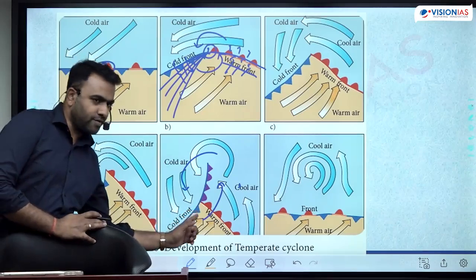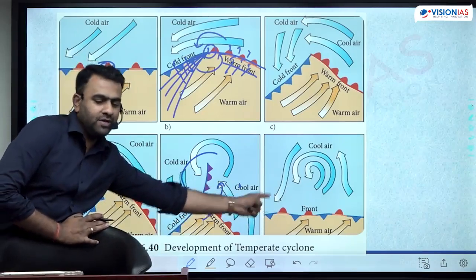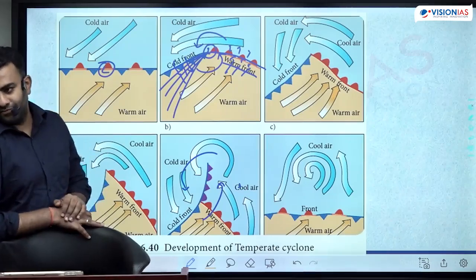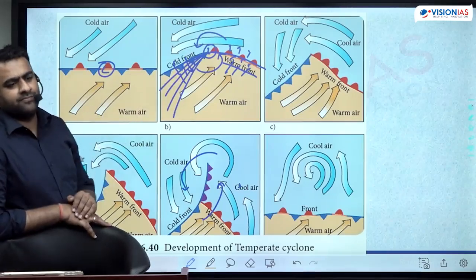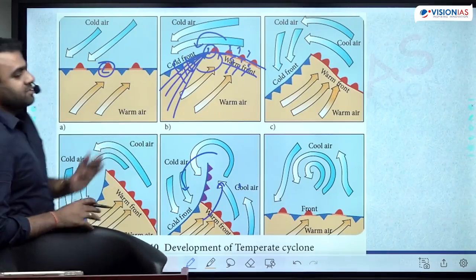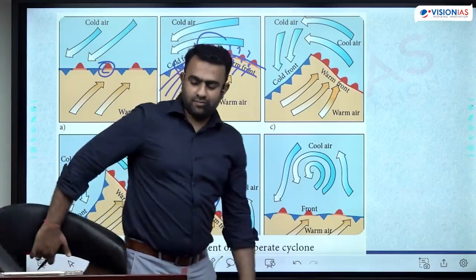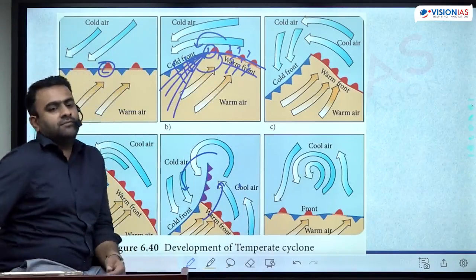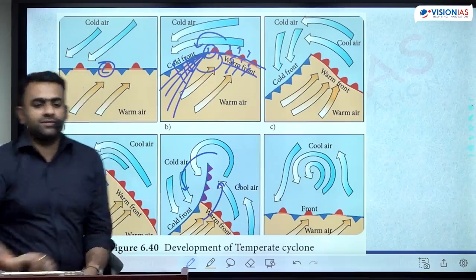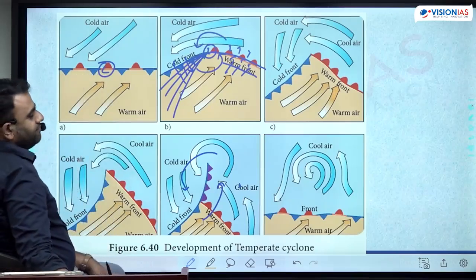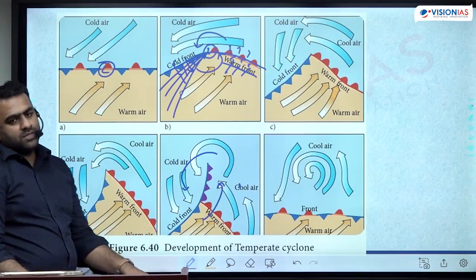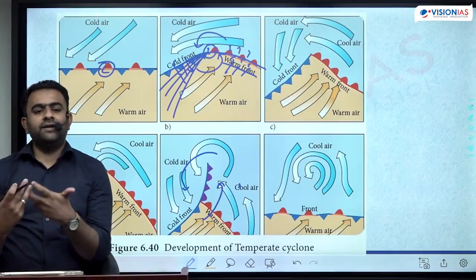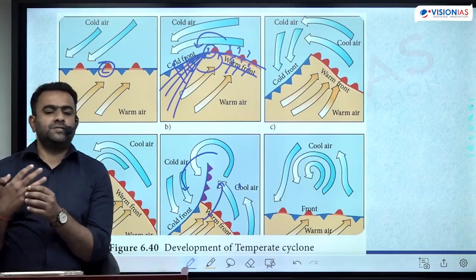Okay, so from the occlusion, frontolysis happens. With frontolysis, frontogenesis would begin, in another place, not in the same place. Because an air mass is a very, very big size, covering a large area of a few hundreds of kilometers, the front would also extend like that. It covers a few thousand kilometers. This is what is called a temperate cyclone. Temperate cyclones are low pressure systems which are getting intensified with the help of formation of fronts.